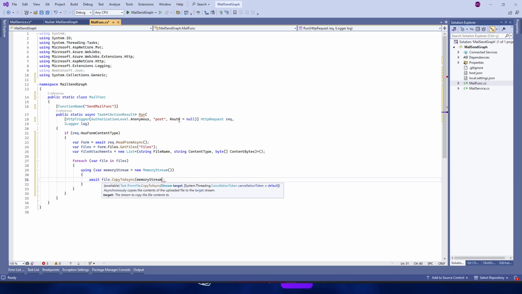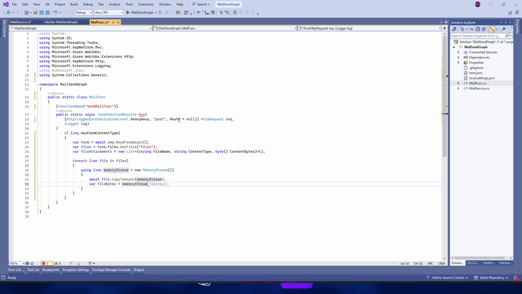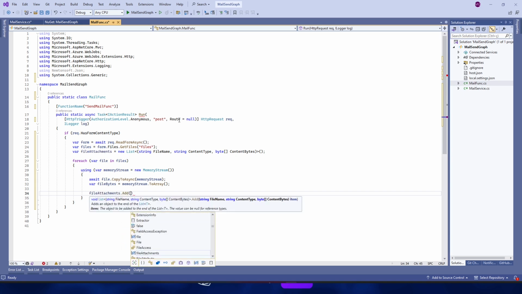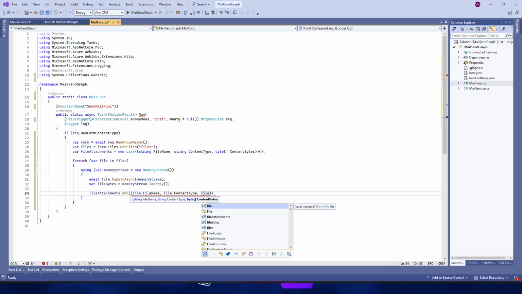Send the memoryStream as a parameter. Var fileBytes equals memoryStream.ToArray. FileAttachment.Add file.FileName, file.ContentType, and the fileBytes.